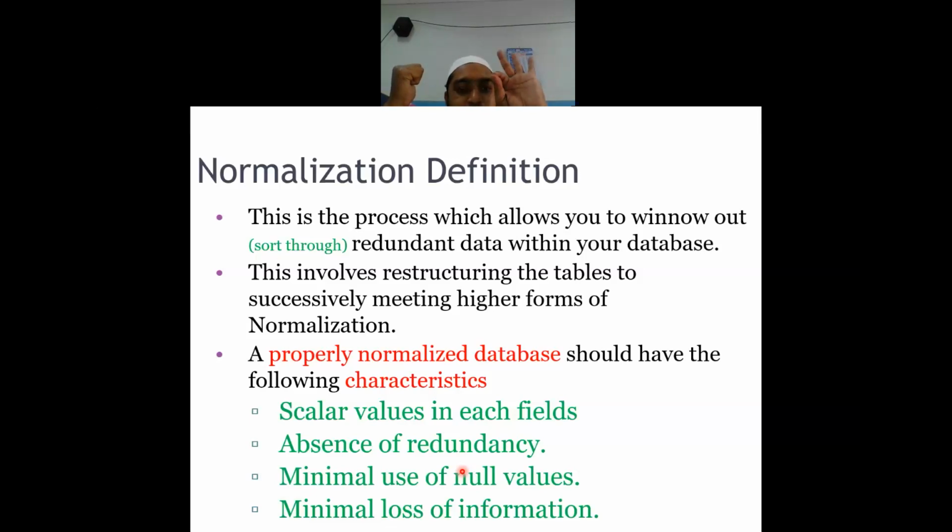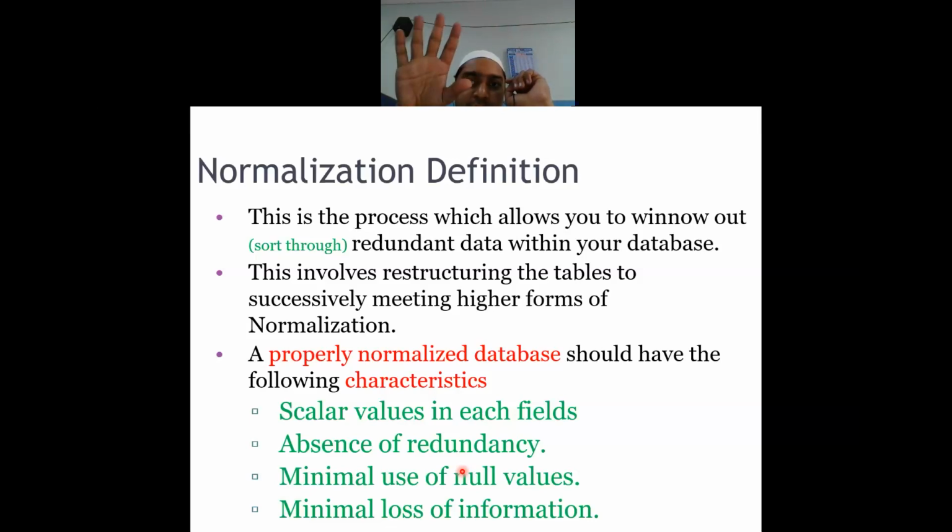I remove these two columns, right, thinking it is redundancy. So if I am trying to remove them and restructure them, then I should make sure there is minimal loss of data. For example, if I keep the pin number and eliminate the name, will there be a huge loss of data? No, because I can still get to know what the pin number is, and for this pin number, this was the result. So whenever we are restructuring, we should make sure there is minimum loss of data.